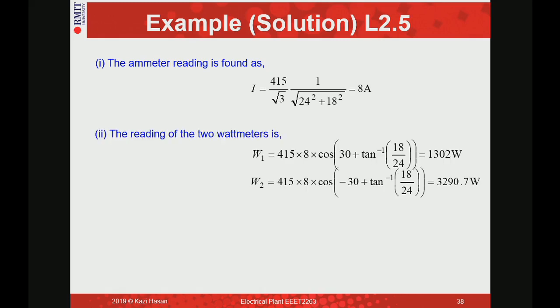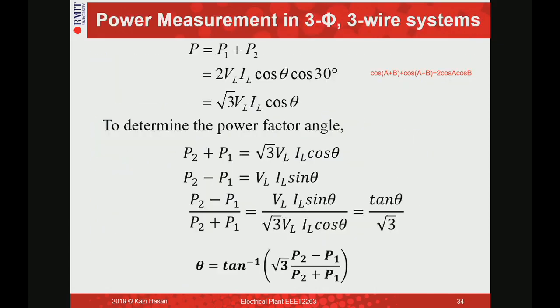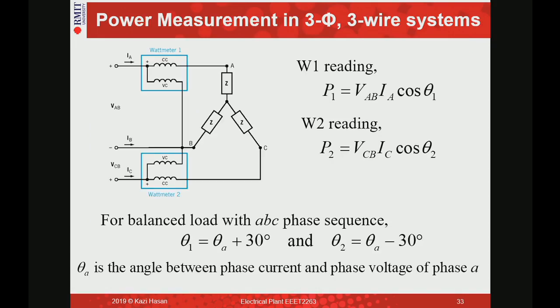Then the readings of the 2 wattmeters. We have seen the formula for P1 and P2. So what are those? Your P1 equation is the line to line voltage, times the phase current, cos theta. So line voltage